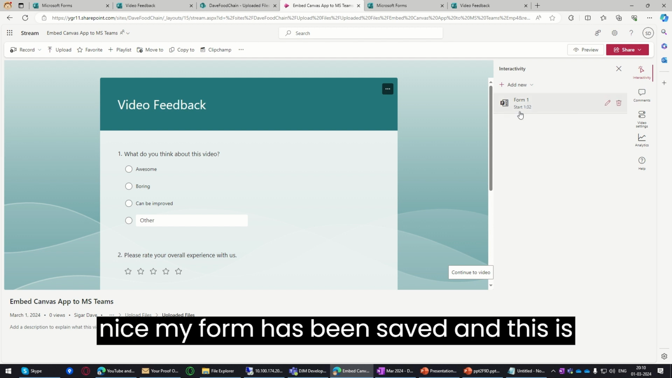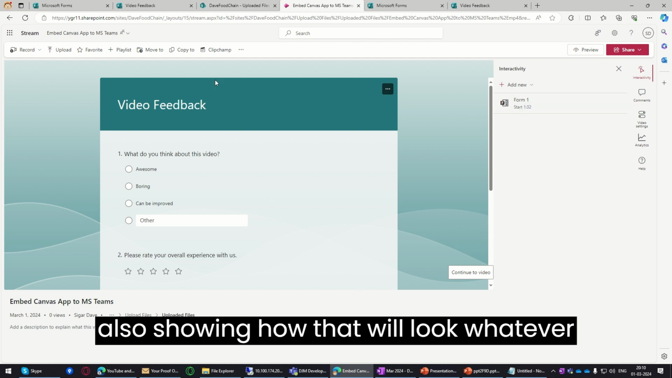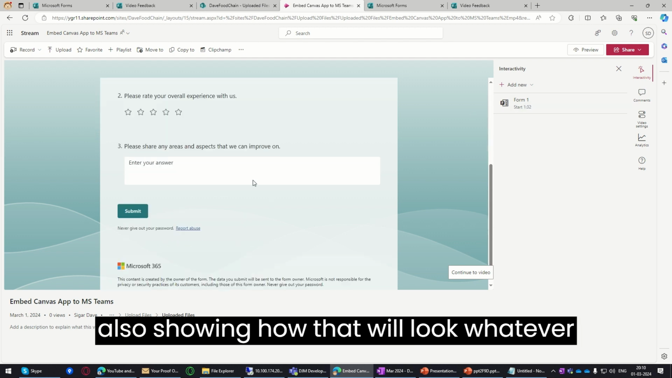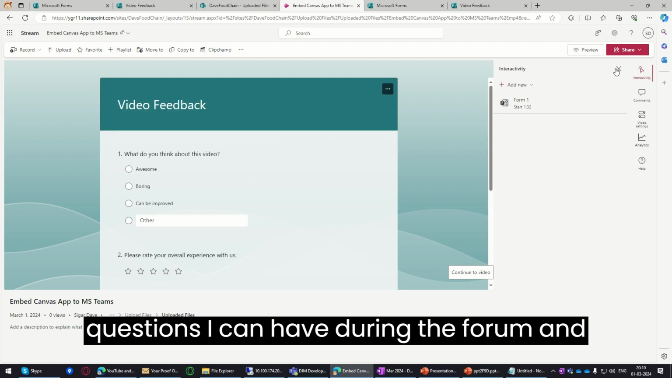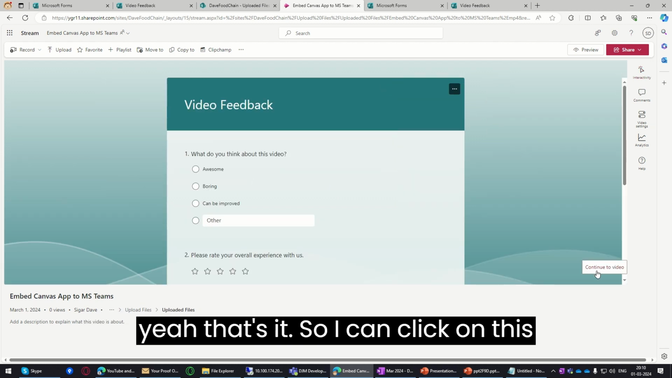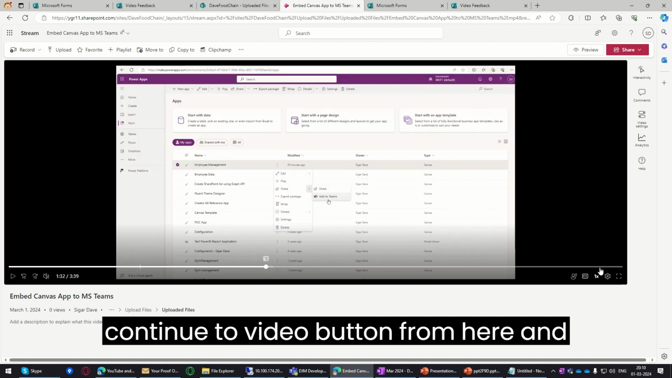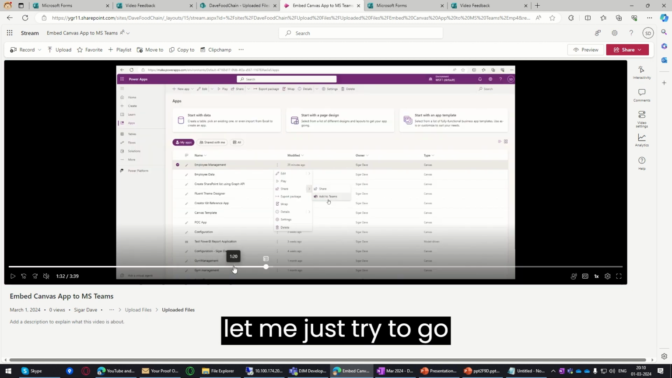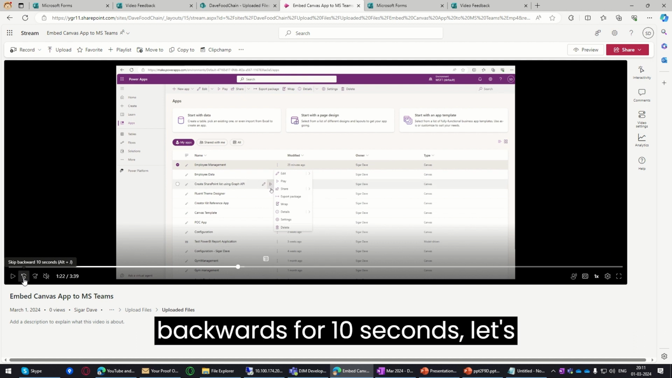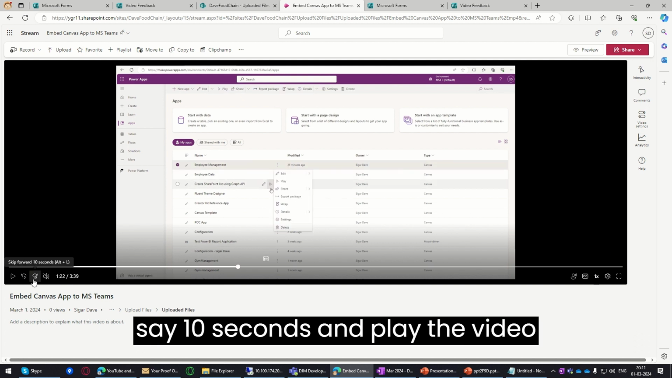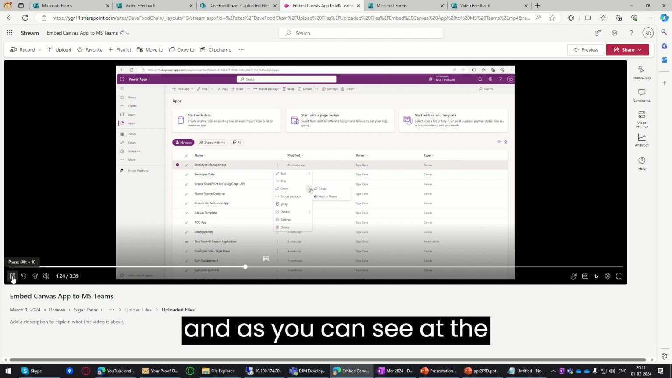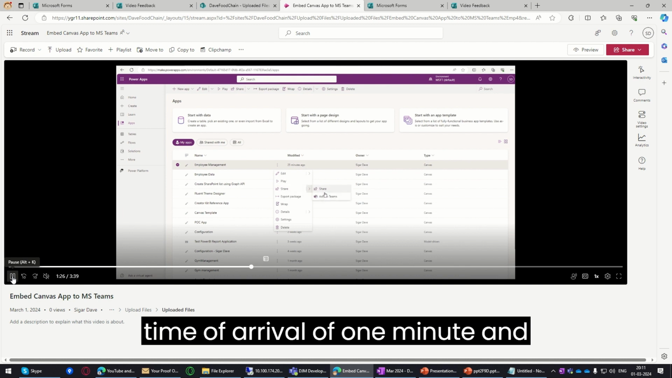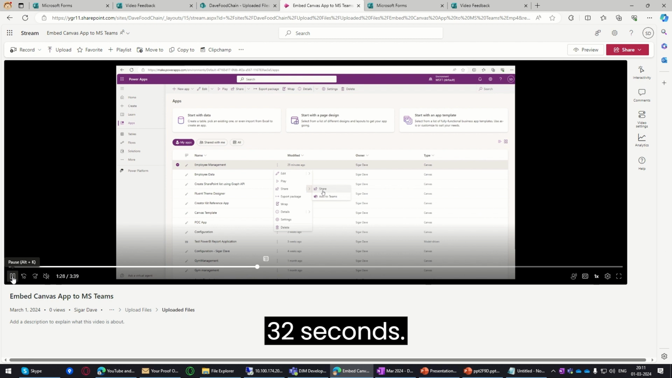Nice, my form has been saved, and this also shows how it will look and what type of questions I can have in the form. And that's it. I can click on this continue to video button, and let me go backwards 10 seconds and play the video. And as you can see, at the time of 1 minute and 32 seconds,